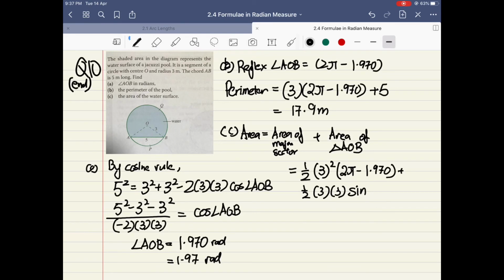So we can use our trusty formula, half AB sine theta. Be careful here. Which theta do I use? Now, in this triangle, the theta should be the smaller angle in this case, which is this angle here, which is 1.970. Once again, I need to urge you to be sure that your calculator is in the correct mode. If you key everything into the calculator, you'll find that you'll get the answer of 23.6 meter square. Okay, we have come to the end of chapter 2.4, Formulae in